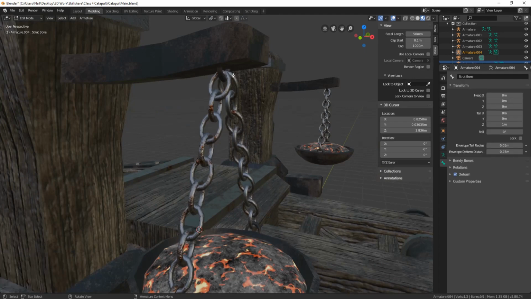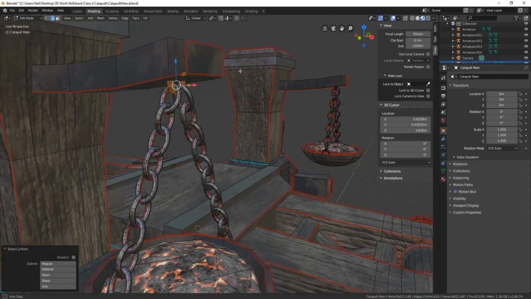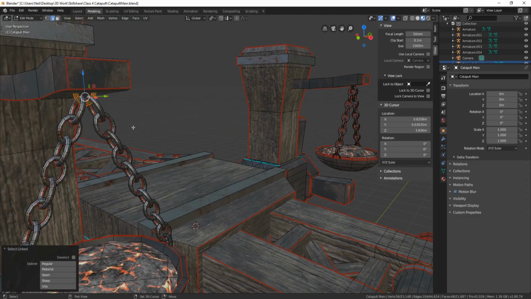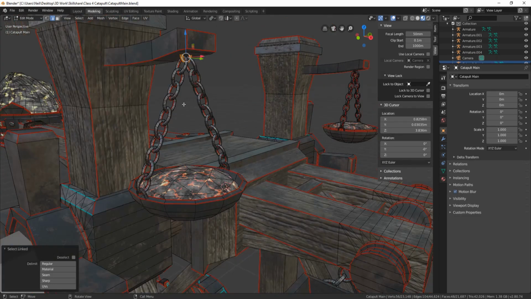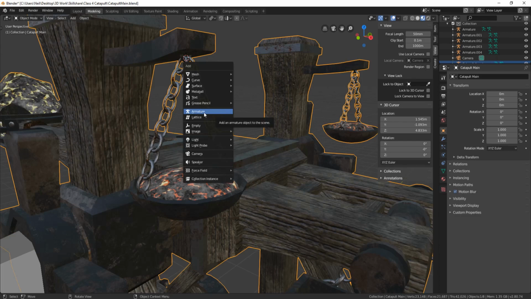So I want these bones to be on here. So if I grab this, that means it's going to be in the center of here. So when I want to pivot this, I don't want this part here to move, obviously that's stuck in the metal, but I do want these chain links to move. So I'll press Shift S, cursor to selected, and then press Tab, Shift A, and we're going to bring in